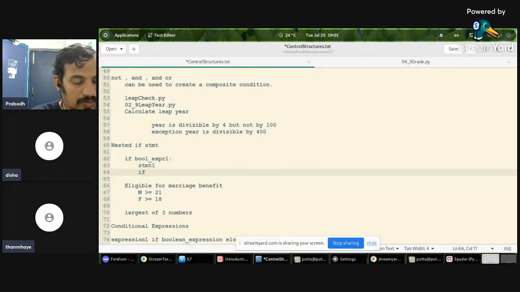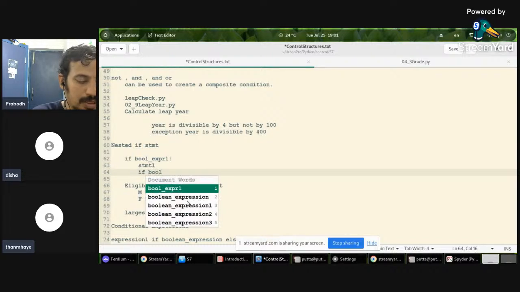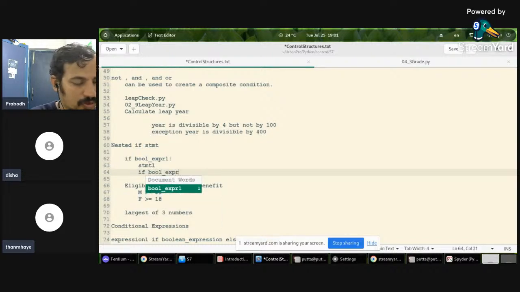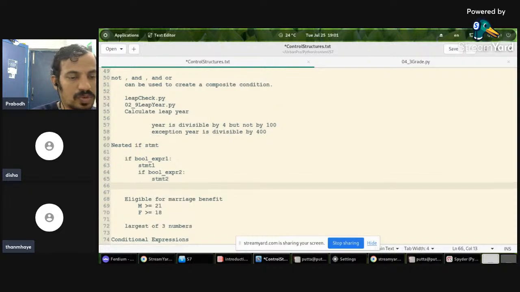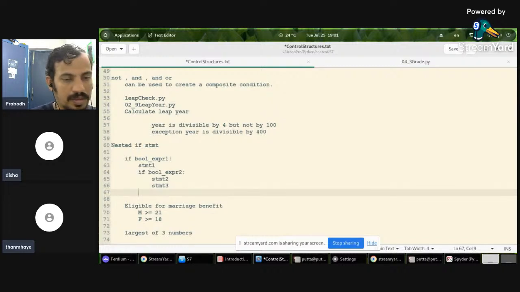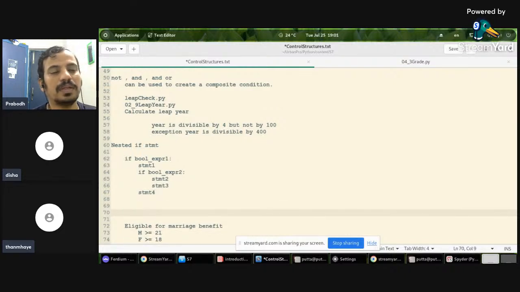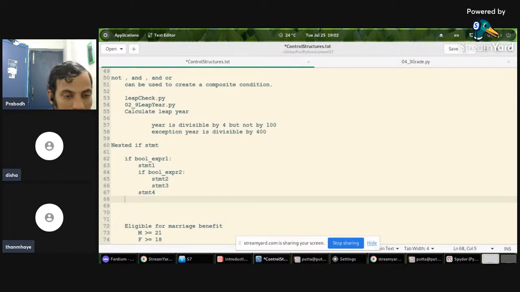You could include one more boolean expression 2, then statement 2, statement 3, or in general we call it a suite. Statement 4, and so on. So here, the execution, I can even extend it further, else,